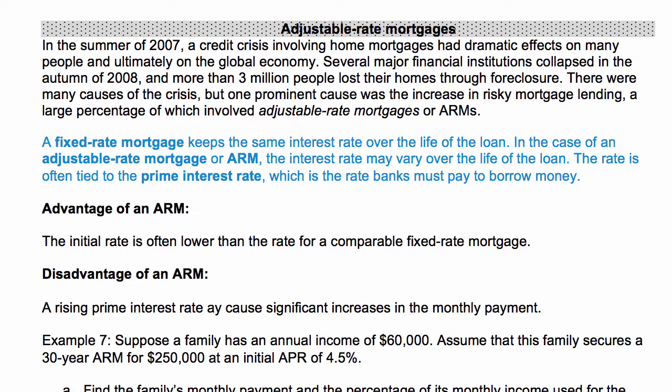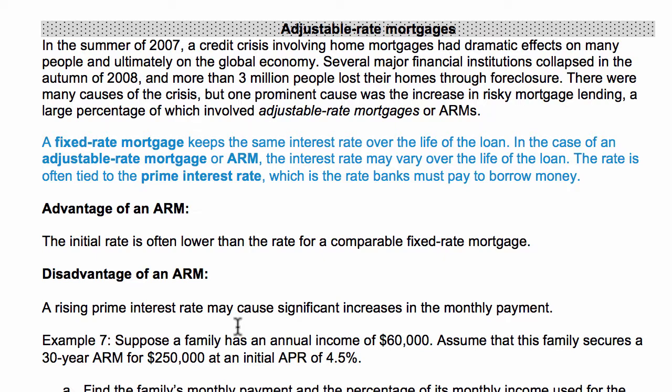The rate is often tied to the prime interest rate, which is the rate banks must pay to borrow money. There are definite advantages to getting an adjustable rate mortgage. For example, the initial rate is often lower than the rate for a comparable fixed rate mortgage. The main disadvantage of an adjustable rate mortgage is that a rising prime interest rate may cause significant increases in